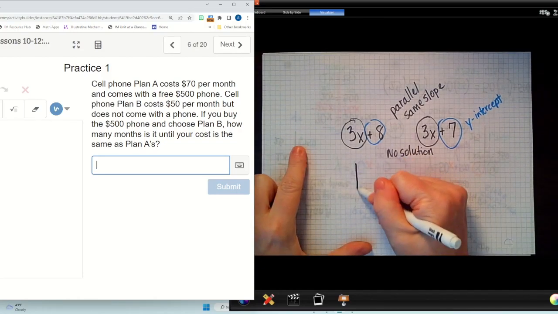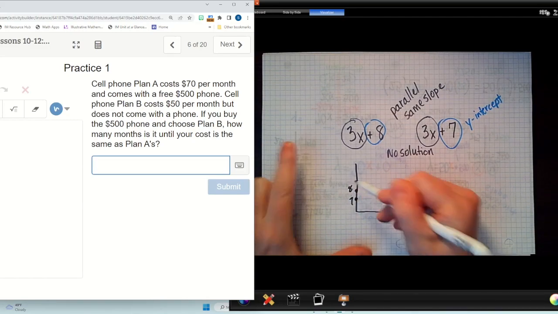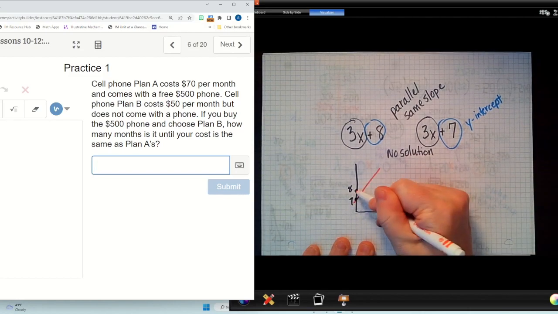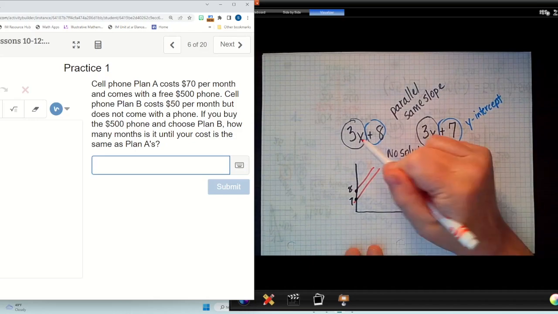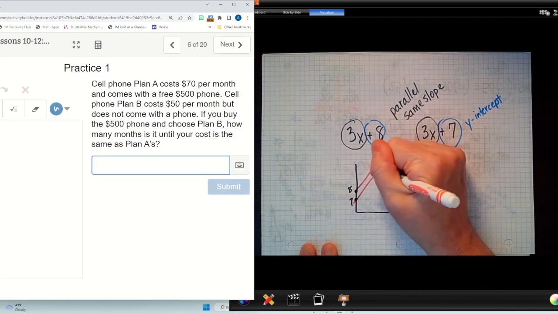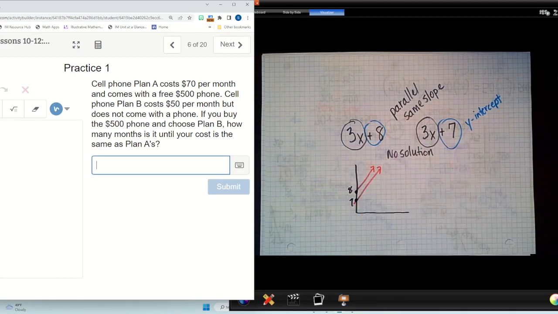So if I were to sketch it, it would kind of look like this. If this is 7 and this is 8, the lines are going to look like this. Okay? They have the same slope. They're just starting at two different parts of the graph, two different points. So you wouldn't even bother, because you're going to look and say, oh, they're both the same